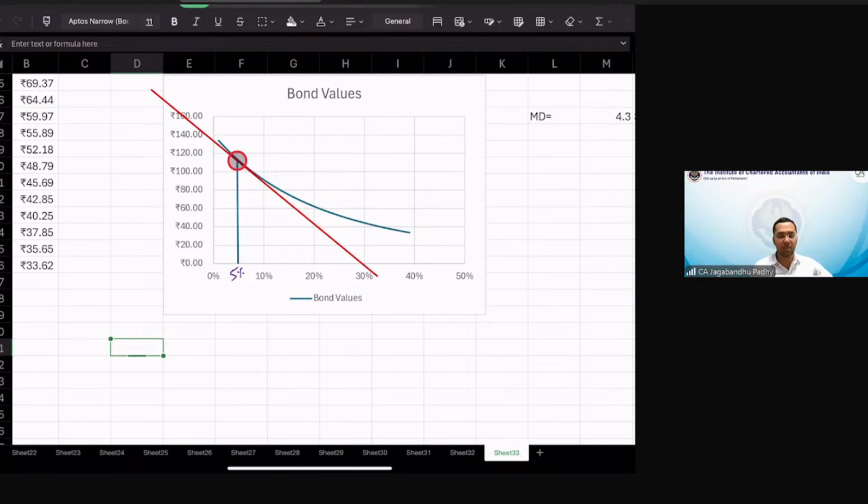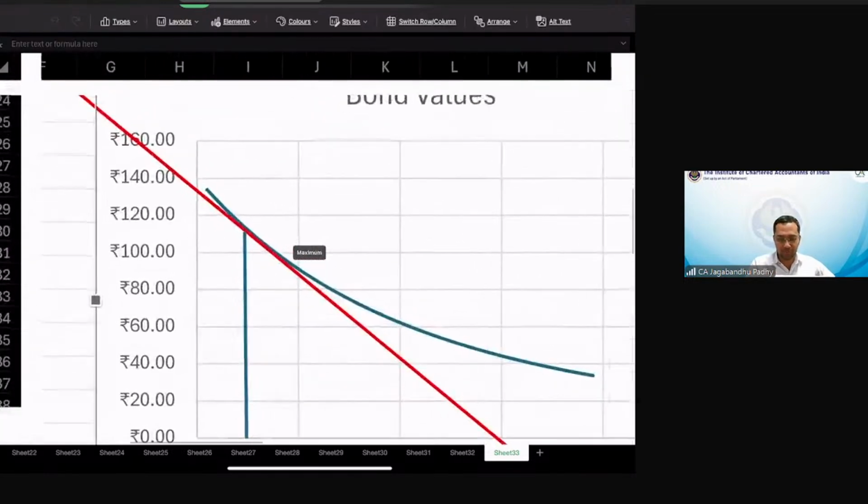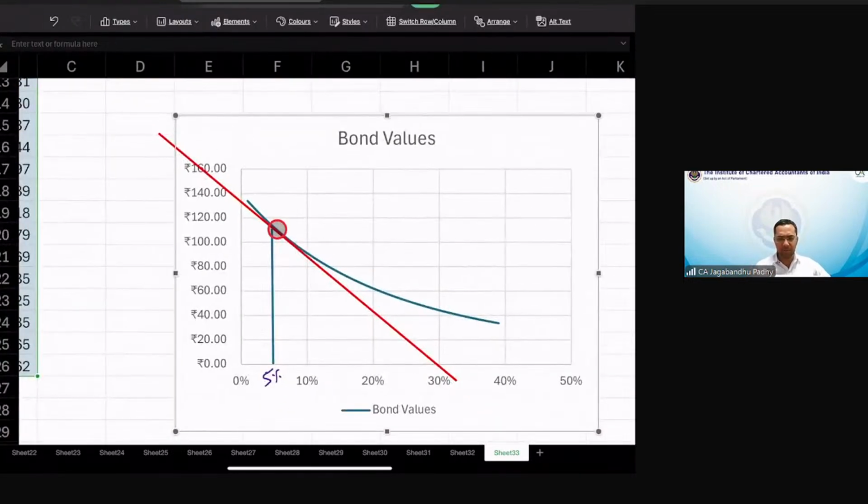When you are in and around that 5% mark, the gap is not that profound. But as we move away from the 5% YTM, the gap keeps on